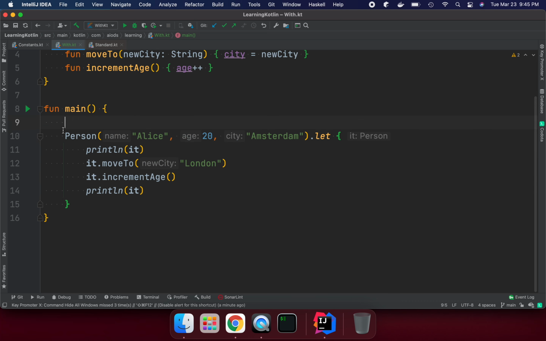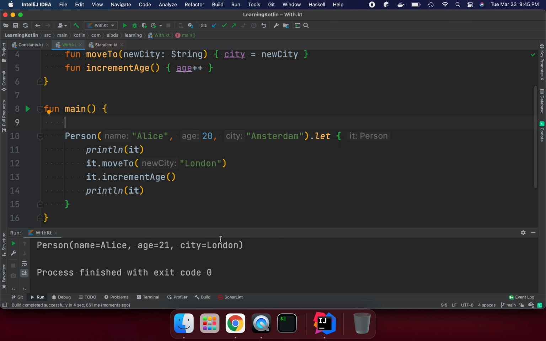If we try to run it, it's not going to work yet. What we are trying to do here is, on this person object context, we are calling the let scope function. Under this, it is an implicit variable available for us, so we can use all the attributes. The object is available for us.